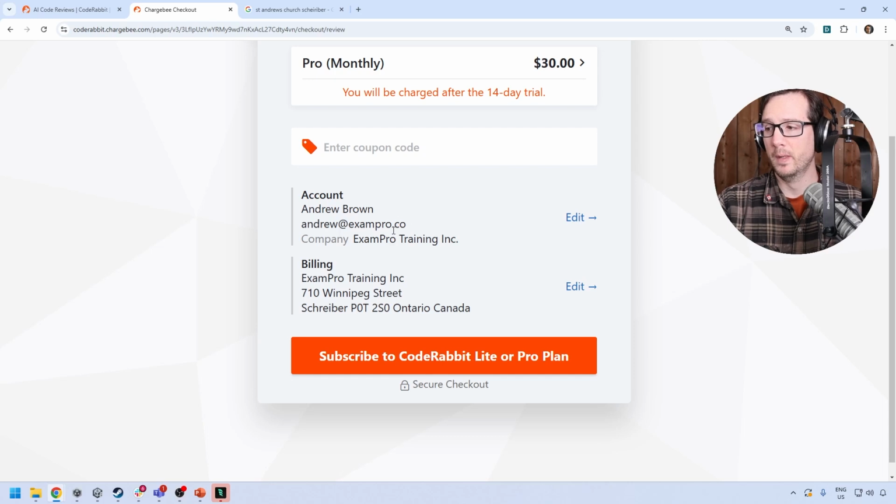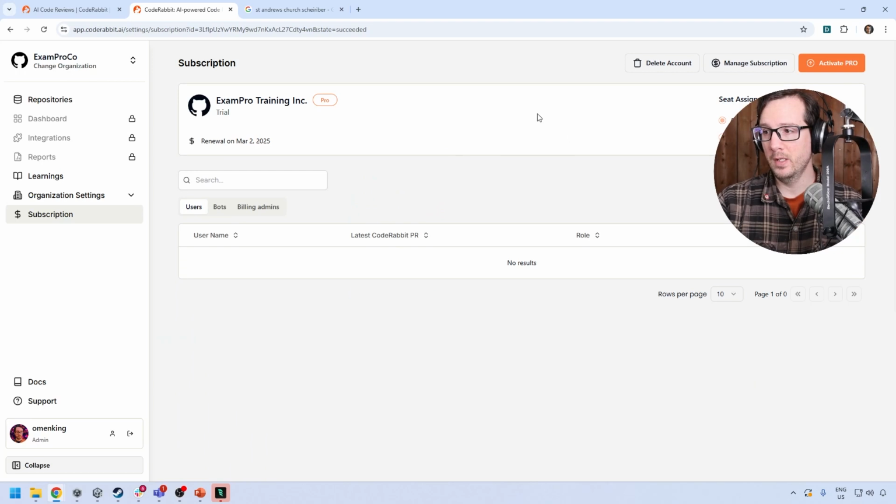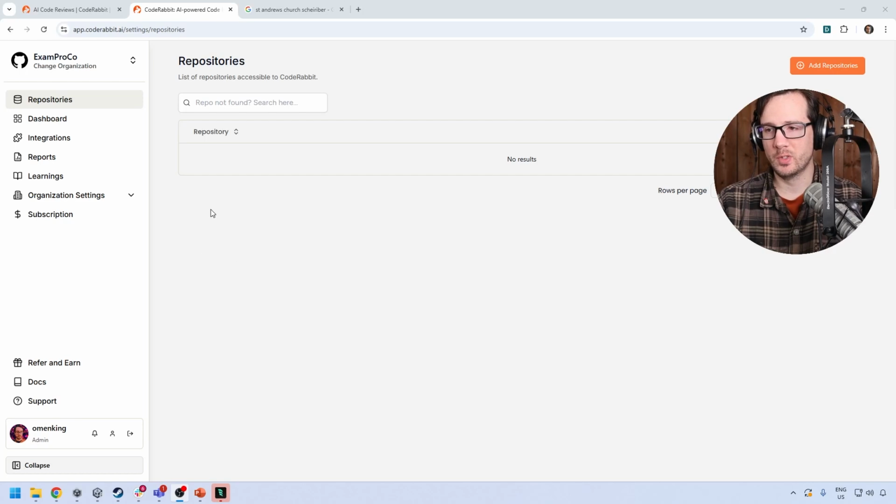And so we have our information for billing. If we choose to attach a credit card, I'm going to go subscribe to the CodeRabbit Lite or Pro plan. We want to try out Pro because why not? And now we are upgraded. Again, no credit card added, and there you go. All right, now that we have our subscription turned on and the locks are gone,